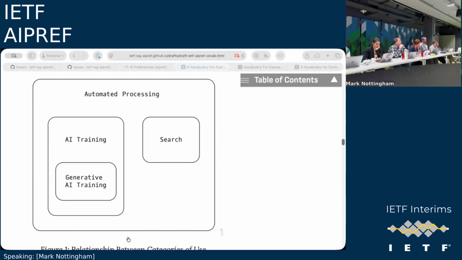And so in the case where you have someone producing a model with open weights, there's a number of them out there, those would be governed by the AI training categories of use that we have here, maybe slightly altered. If someone is producing one of those models, that model would not be produced on content that has preferences indicating that it not be used for that purpose. And so I think that's okay in that context.